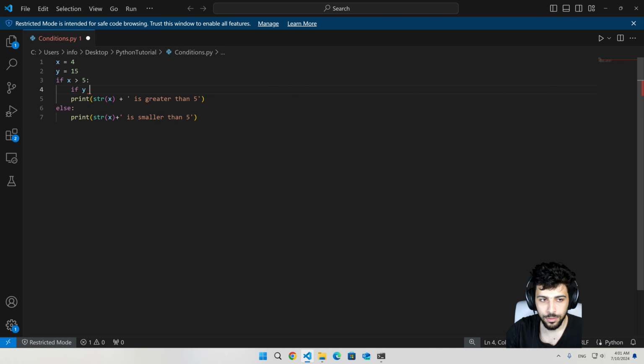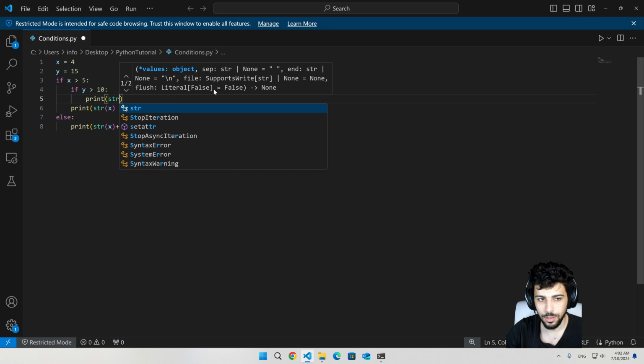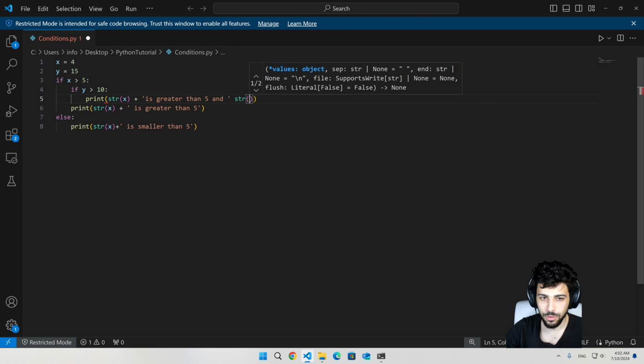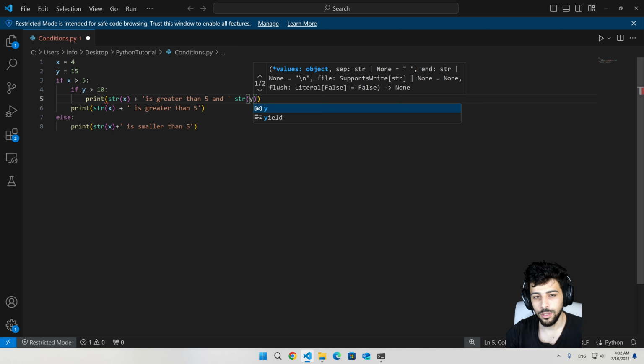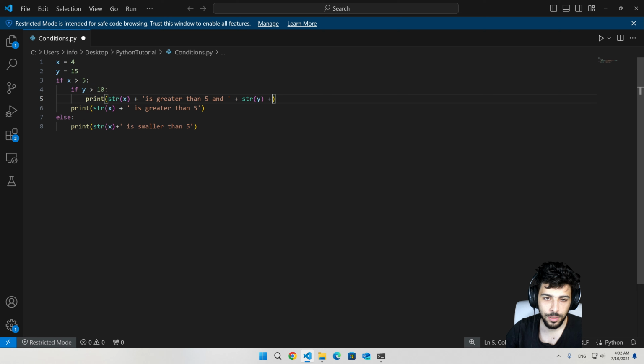If y greater than 10, print str x plus "is greater than 5", and let's convert y to a string, and add it together, and "y is greater than 10". Else